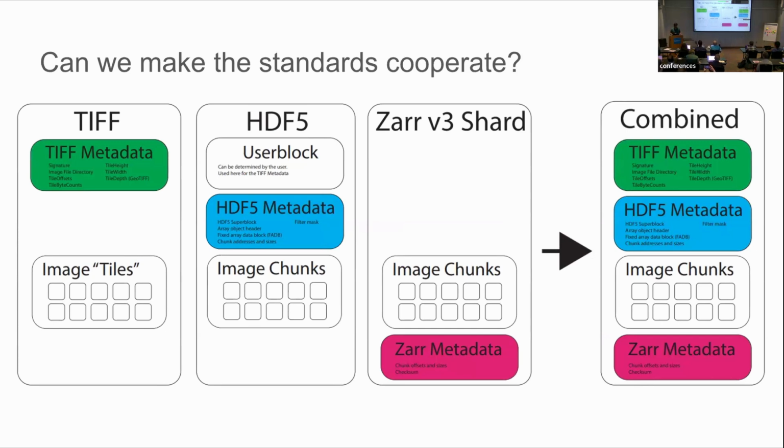Shard metadata can go either at the beginning or the end, so let's put it at the end of the file. And actually you combine that all together so you have a single file that is a valid TIFF file, a valid HDF5 file, and a valid Zarr shard. So in theory that sounds great, but how do we do it? Well,